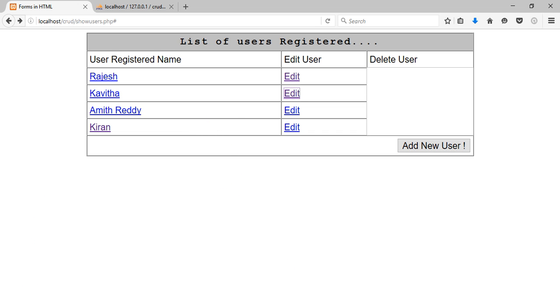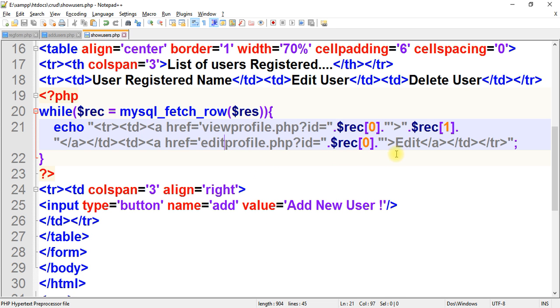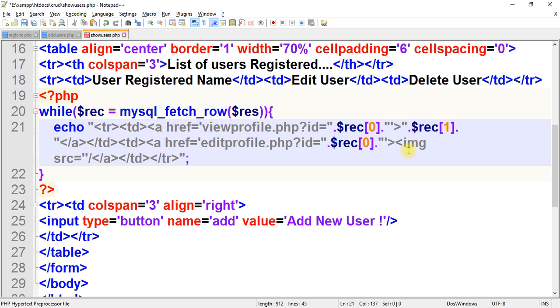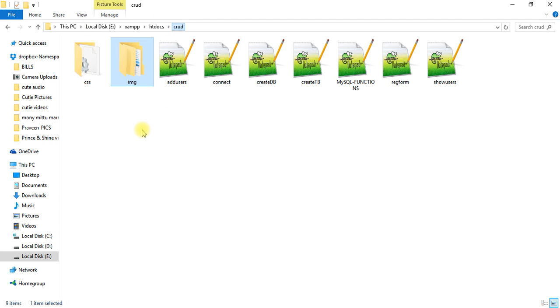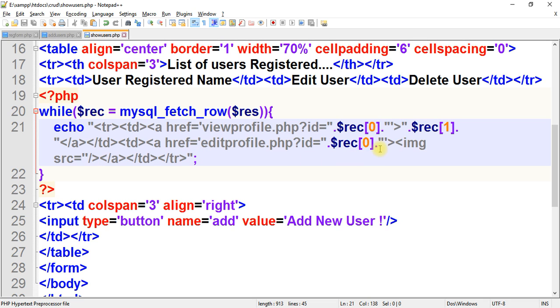So what I'm going to write here is the visibility is edit, and can you just guess where is visibility? Is this the visibility? Instead of adding visibility, I'm going to add img src equal to, currently where exactly is your path. You are writing the code in show users. Where is show users? It is in here. Where are the images? In the images folder. So I'm going to write here src is equal to img icons edit.jpg. So if I refresh this page,